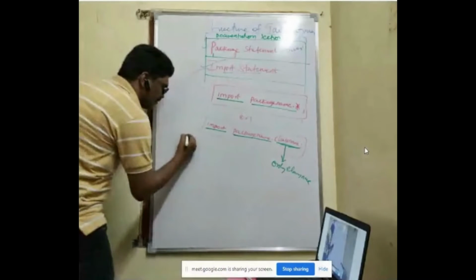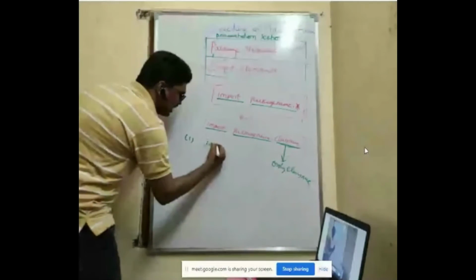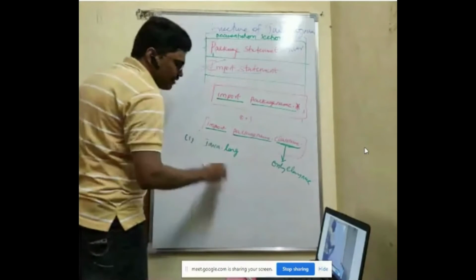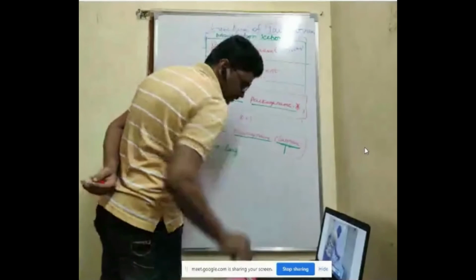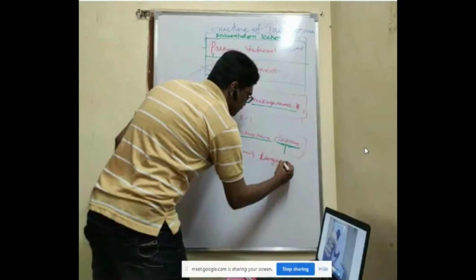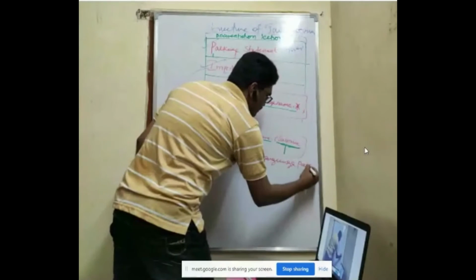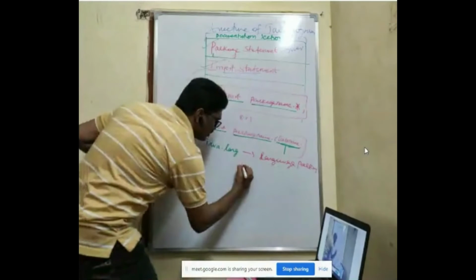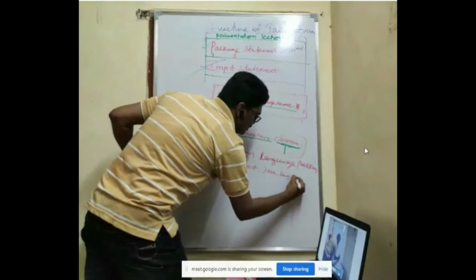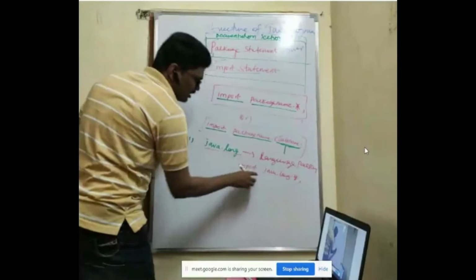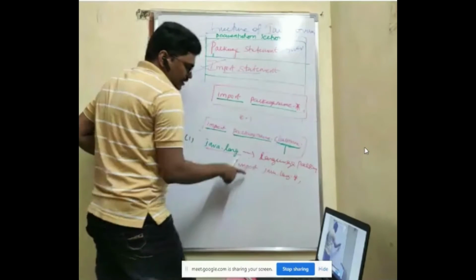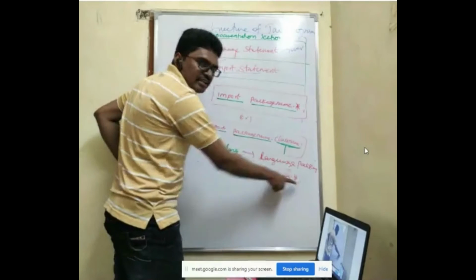Now we'll see different packages. One is java.lang. Java.lang is the language package. If you are importing it, how do you import? Import java.lang.star. The package name is java.lang, so you import package name dot star: import java.lang.star. This is how you have to import.